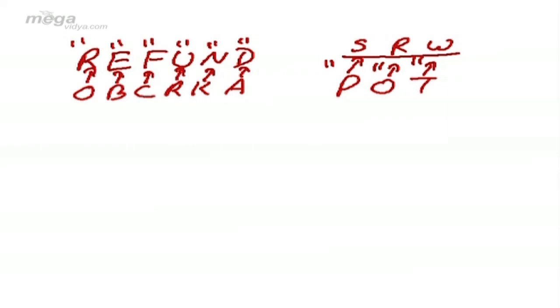And many students will do the same thing but land up in trouble because they are not analyzing a basic factor of coding decoding. After P comes Q, R and S. After O, P, Q, R. After T, U, V, W. And most of the students give S, R, W as the answer, which was given to us in A choice, but it is a wrong option. Why it is a wrong option?